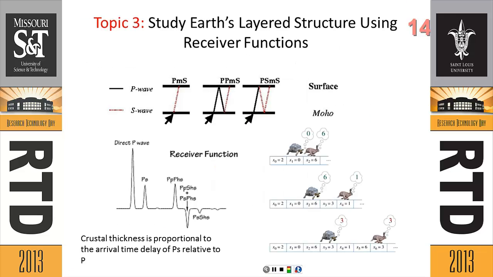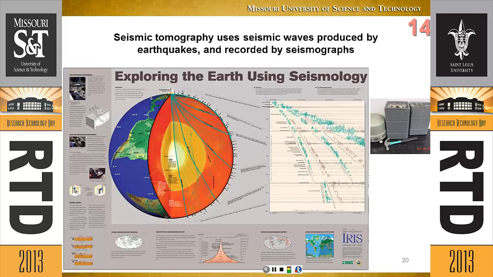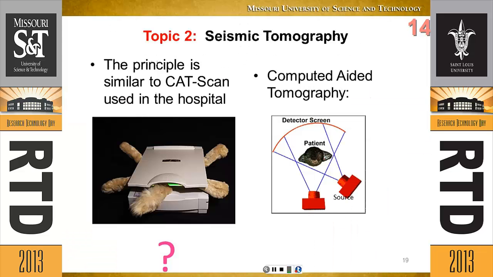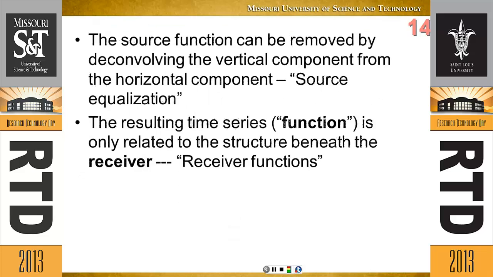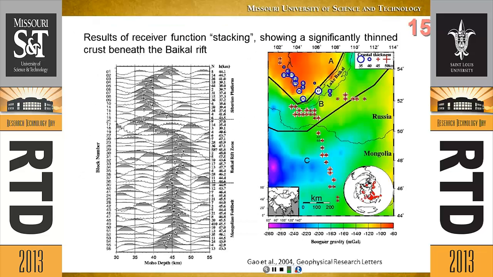scientific computing. The next one we call the receiver function. The idea is also very simple. You have a P to S conversion. Then you can stack the traces and do some kind of deconvolution to get something called the receiver function. Then you can do stacking. After that, you can see the